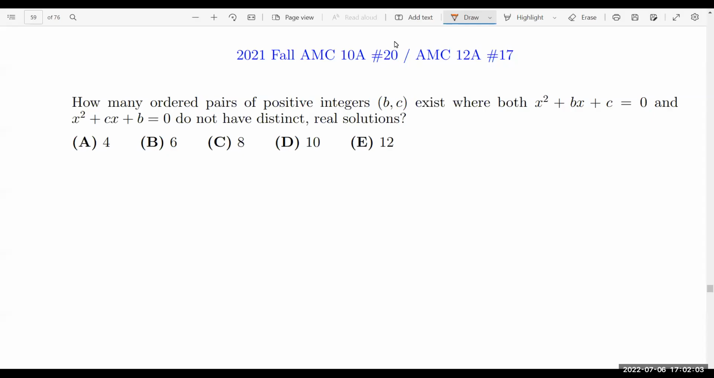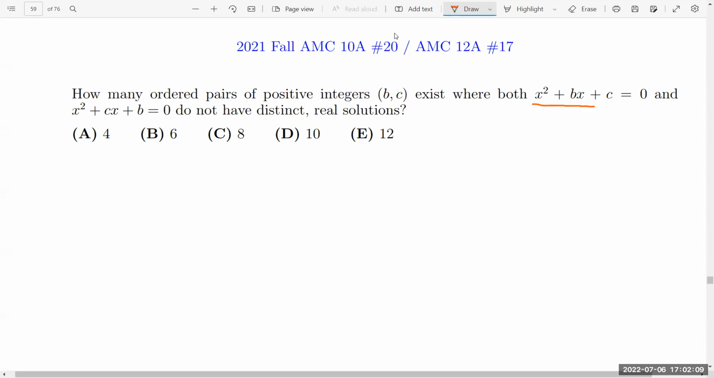How many ordered pairs of positive integers b, c exist where both the quadratic equations x squared plus bx plus c equals 0 and x squared plus cx plus b equals 0 do not have distinct real solutions? All right, distinct real solutions. All right, if they don't have those, then we must have that either we have two identical